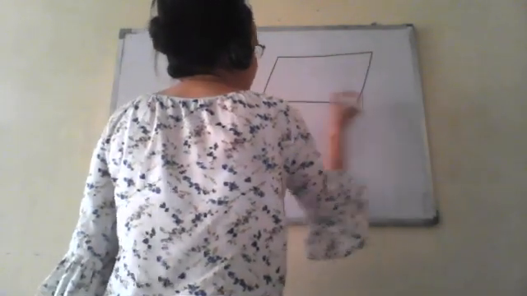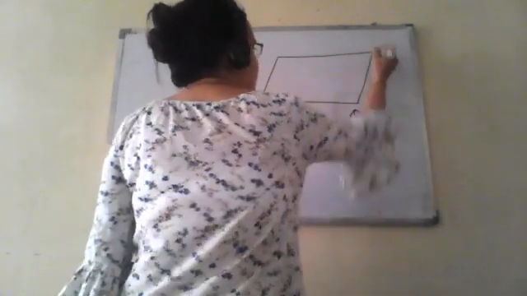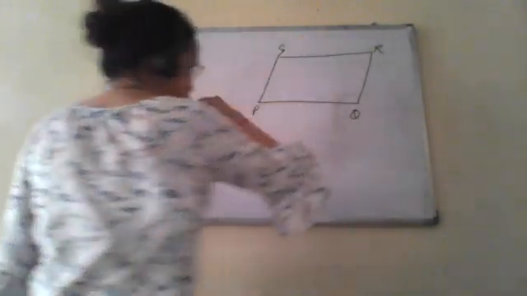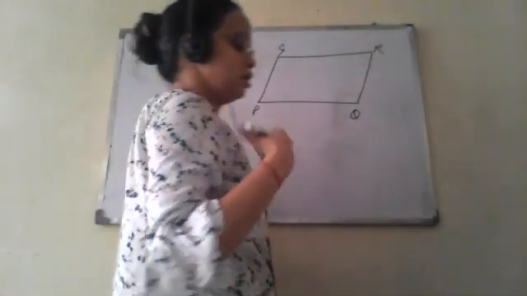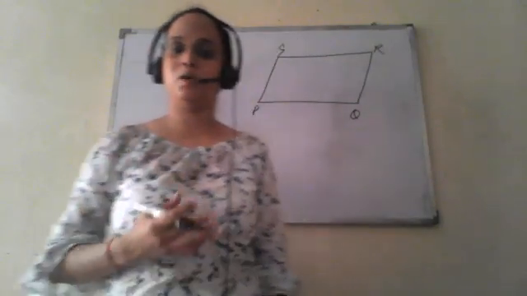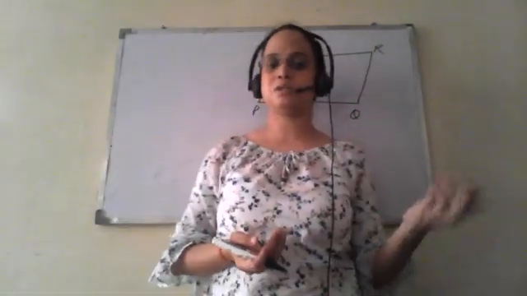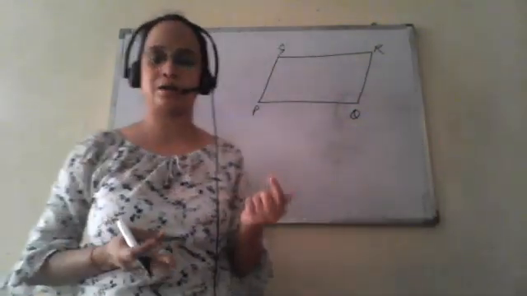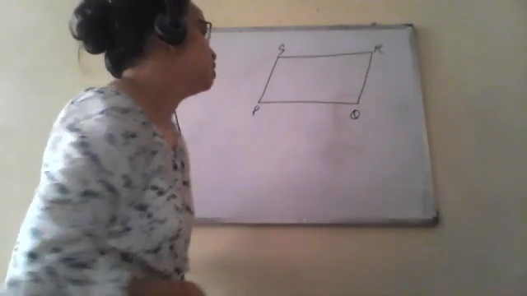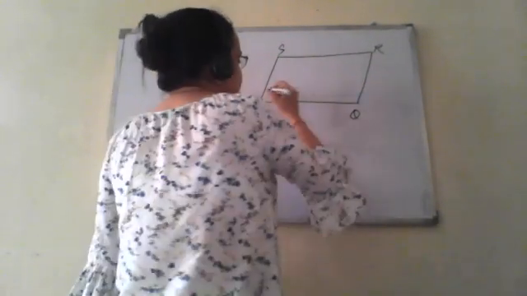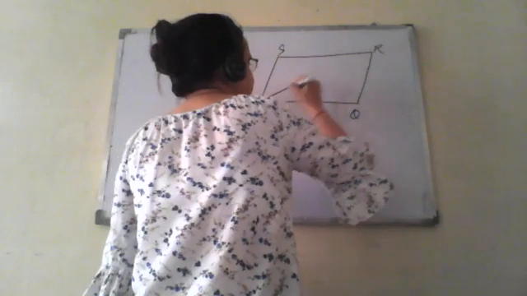So here we have a quadrilateral PQRS. It is a four-sided shape in which nothing has been given to us, like some pair of opposite sides being parallel or opposite sides being equal. There is no such thing given to us. Clear?